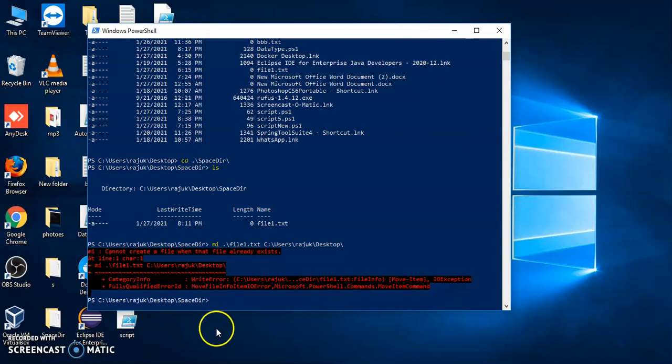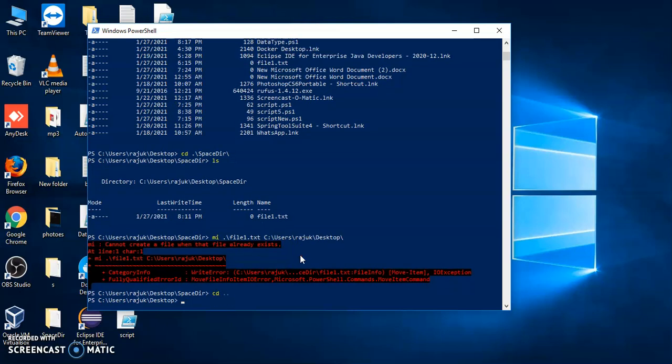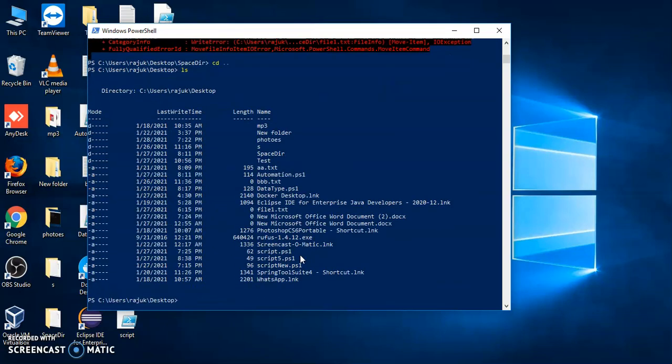Now we can see there is an error. The error shows that this file already exists in the desktop directory. Now we want to see that. Now you can see we have a file here, so it cannot move. Now we want to delete this file.